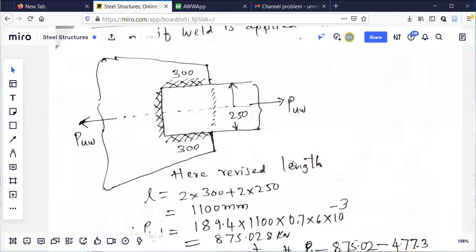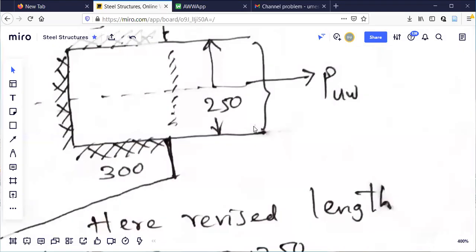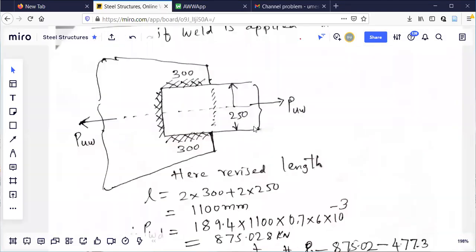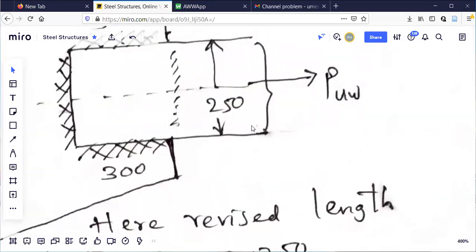The concept of throat thickness into area, which is the resisting plane, may not be clear right now, but it is simply L_e into t. That's all. The resisting plane and all I can tell you later on, because there is no need for this one. Here only remember how to find the throat thickness, because the resisting area is actually an inclined plane.